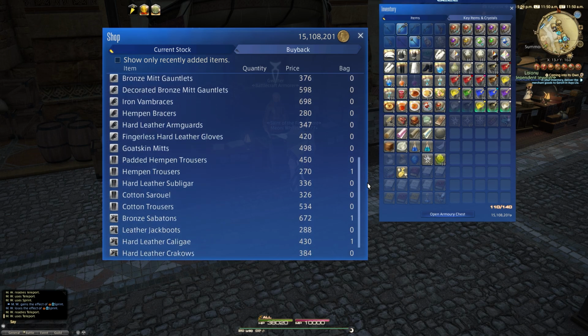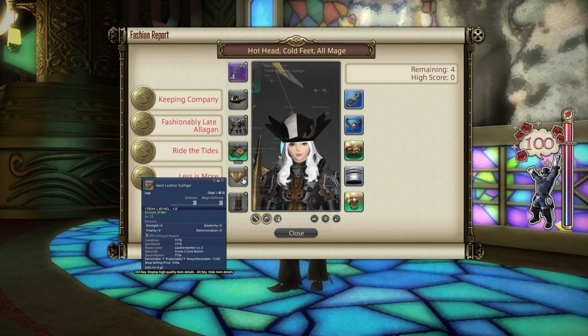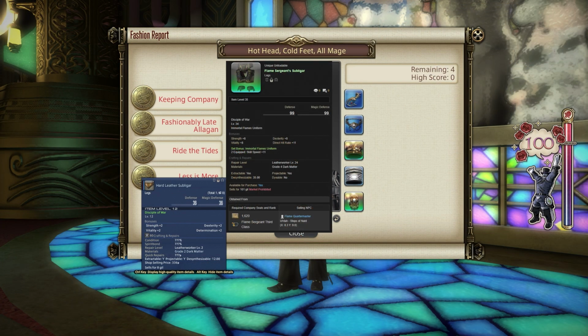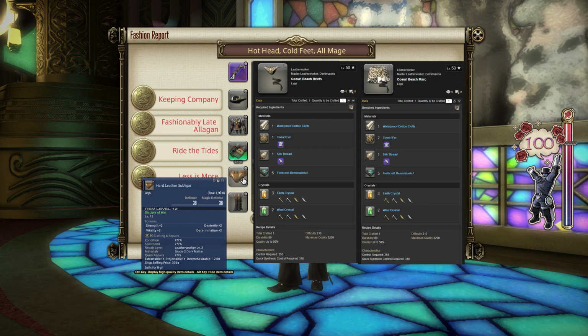Alternatives to this include the Flame Serpent Subligar. That will be 1,620 flame seals specifically. The Star Spangled Subligar, which is part of a side quest called Thanks for Your Support. You can also get this back from a Calamity Salvager. And I believe the Kawil Beach Briefs and Kawil Beach Maro will both work as well, although I haven't confirmed